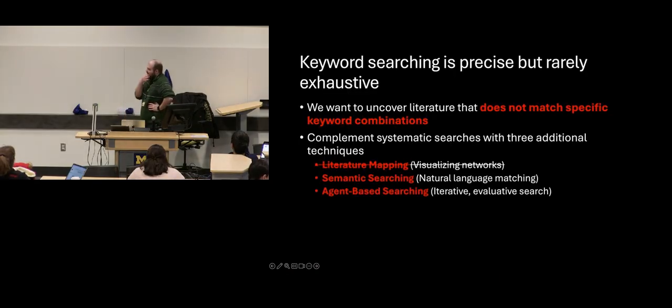Okay, so that's literature mapping. Again, we're trying to find new papers that we want to add to our literature review that we think are relevant to our research question. The next thing that we're going to do is semantic searching, and